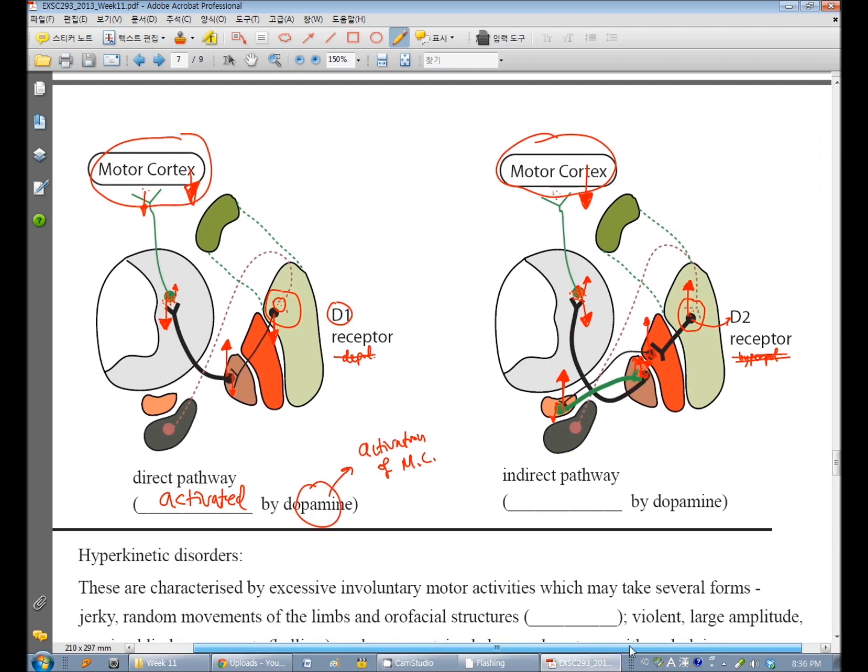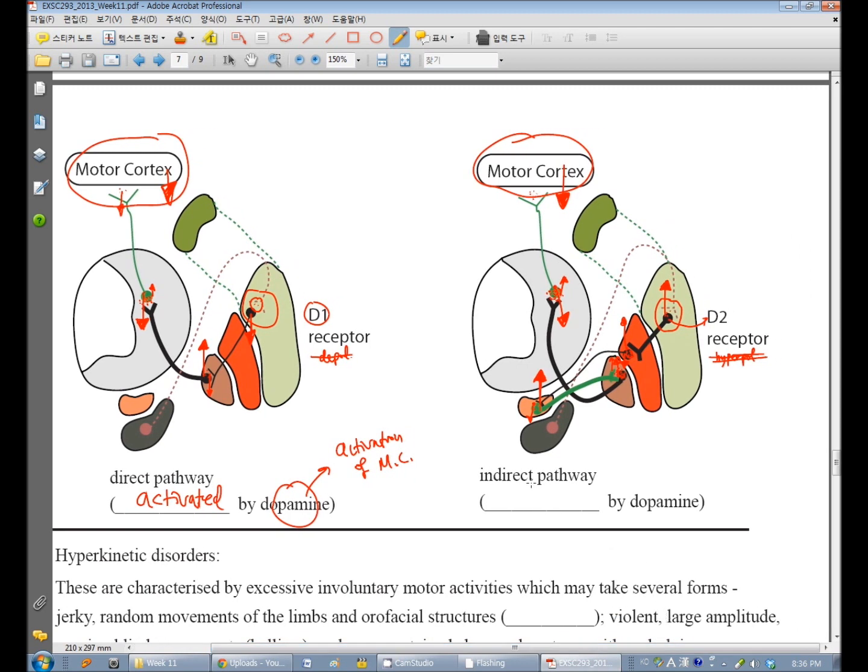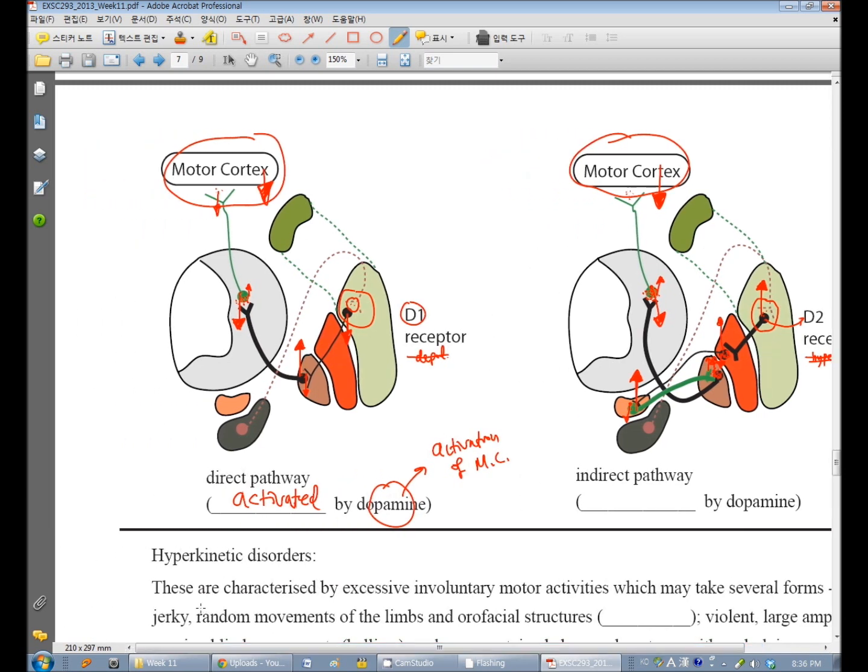Indirect pathway. So this is actually referring to the striatal neuron, so you have to be specific about this, otherwise you might get confused. So striatal neuron